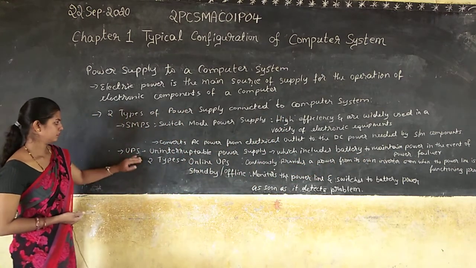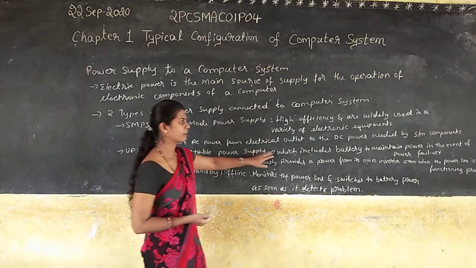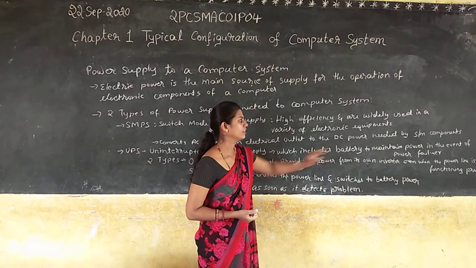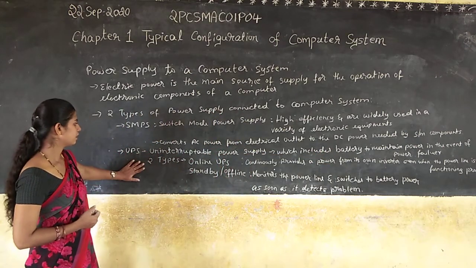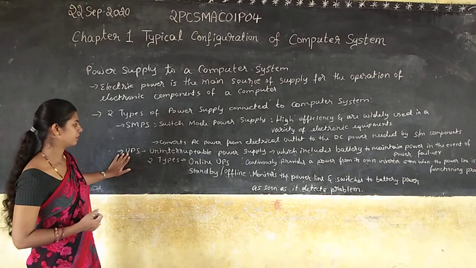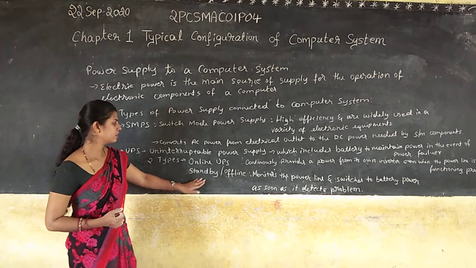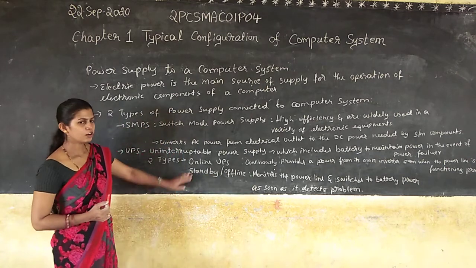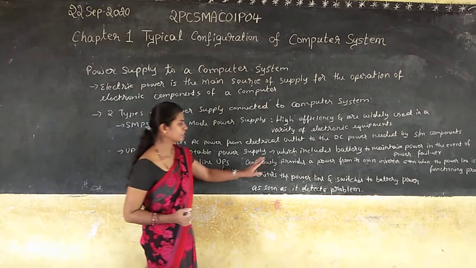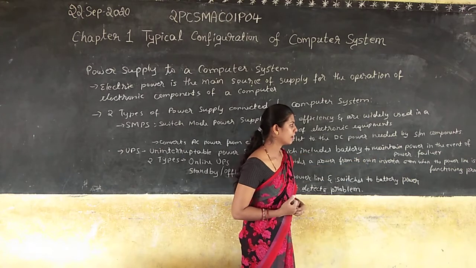So in UPS it includes battery to maintain power in the event of power failure. Here there are mainly two types of UPS. First one is online UPS and the second one is standby or offline UPS. In online UPS, it continuously provides a power from its own inverter even when the power line is